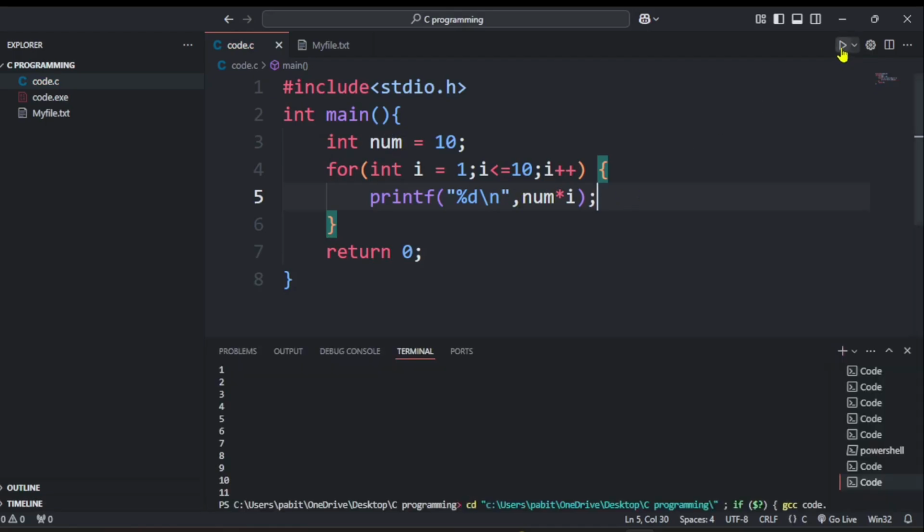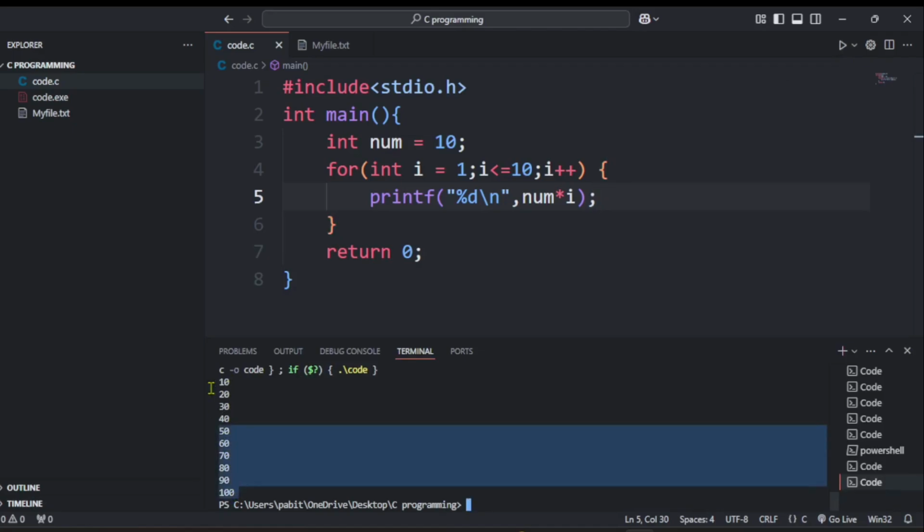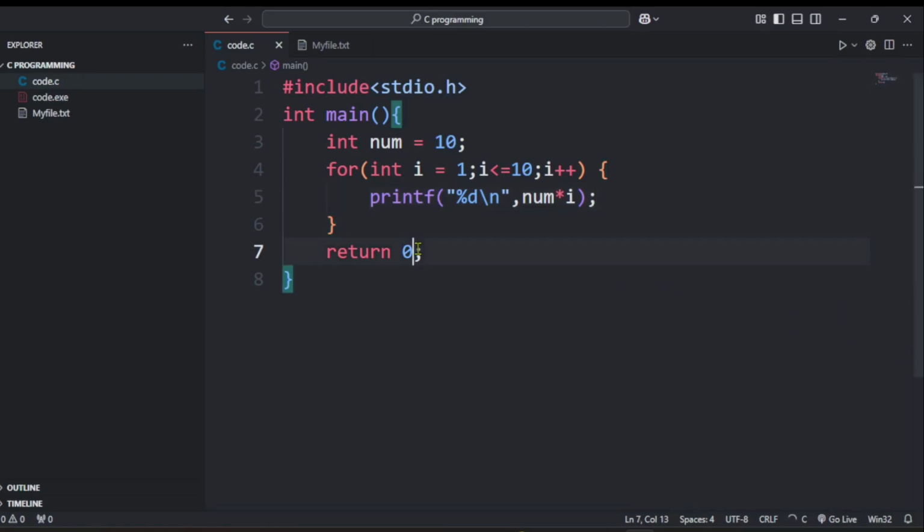So let's run it. You can see over here 10, 20, 30, 40, 50, 60, 70, 80, 90, and obviously 100. The multiplication table of 10 has been successfully printed over here. So that's the problem I have understood. Let's go through it again so that you can understand. I have initialized the number with 10 because I am going to print the multiplication table of 10. Then we have used a for loop. First the initialization, that is with the value of 1, then the condition,